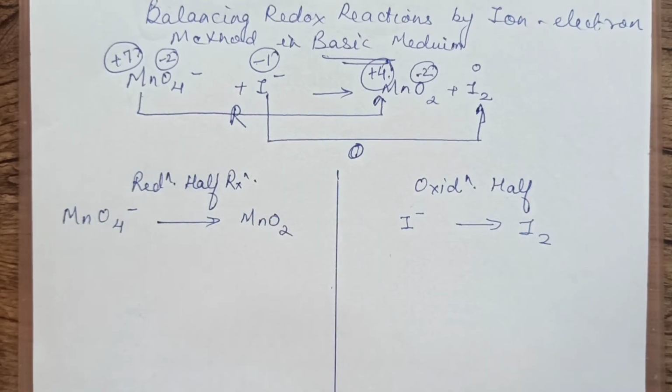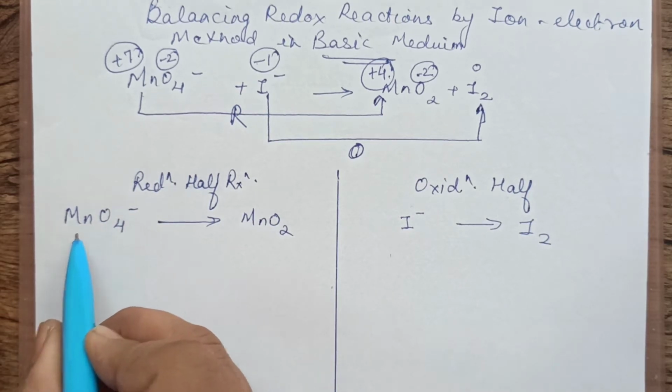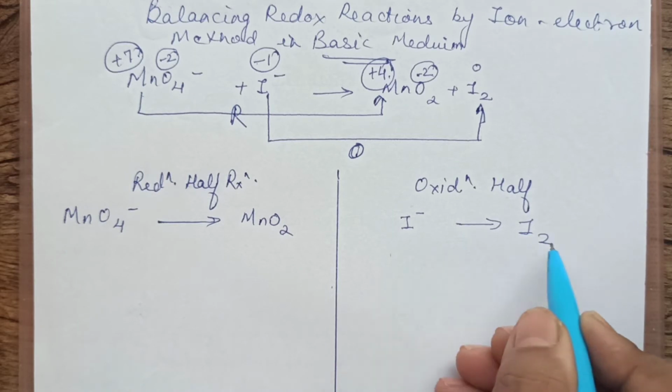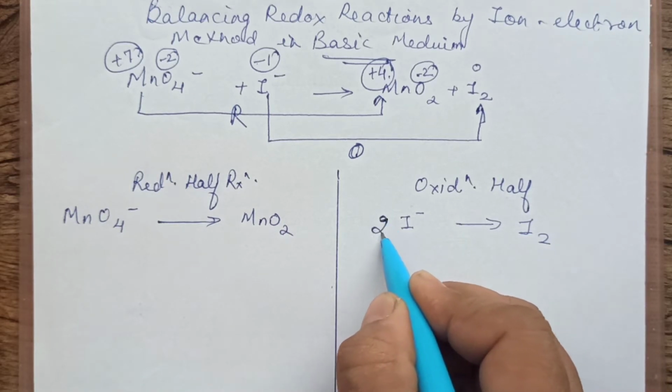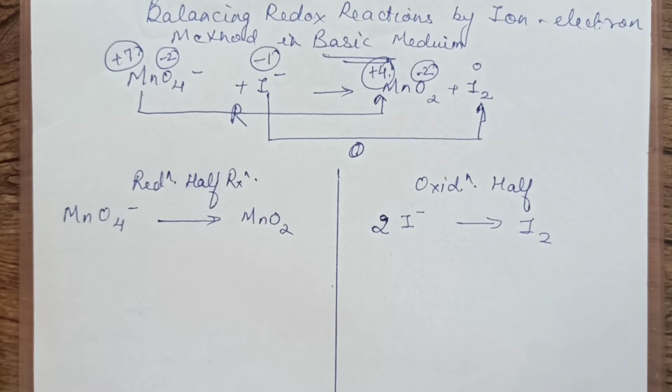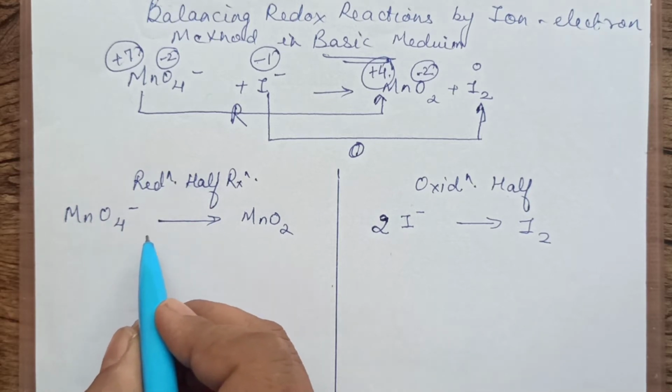After we do this, the first step is to balance elements other than O and H. Other than O and H you have Mn, which is already balanced. We will do both the equations simultaneously. I minus and I2, so we balance by adding 2. Either you can rewrite the whole equation, or, as I have done, in the same one. When you practice, obviously you can take shortcuts also. After this, the next step is to balance O. Wherever the method is different from the previous one, I will let you know.